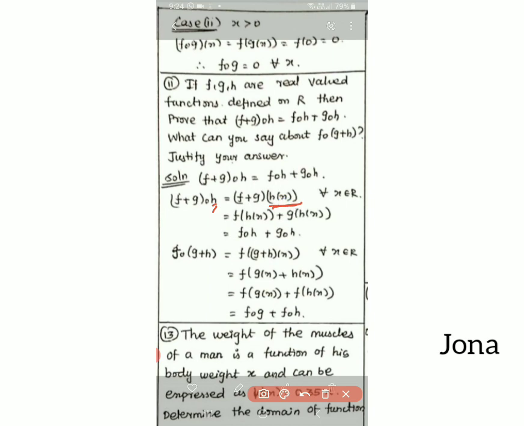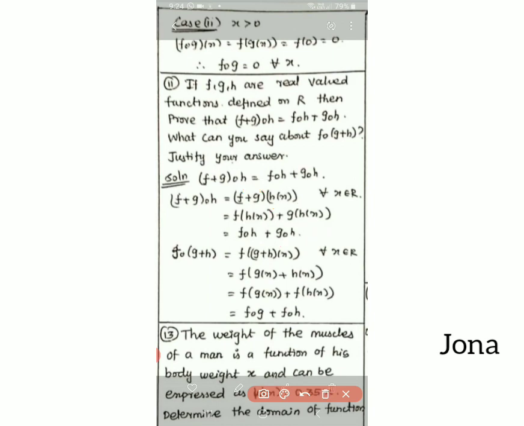And then as an algebraic function, we want to multiply and remove the brackets here, so that I can have f of h of x plus g of h of x. That h of x is h, isn't it? So you can say f of h of x equals f dot h, and g of h of x is nothing but g dot h.